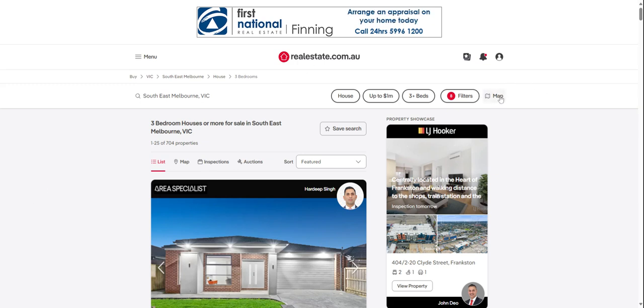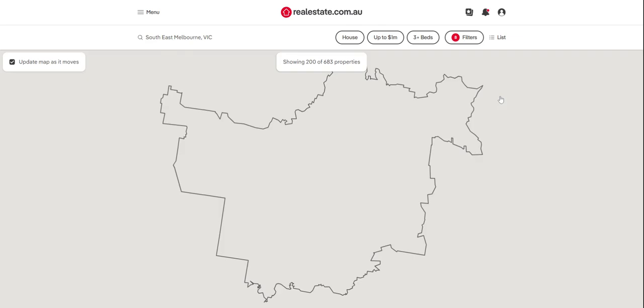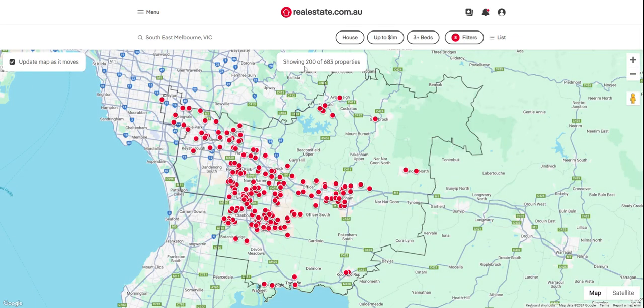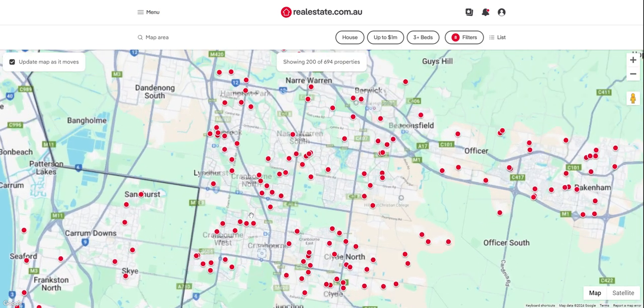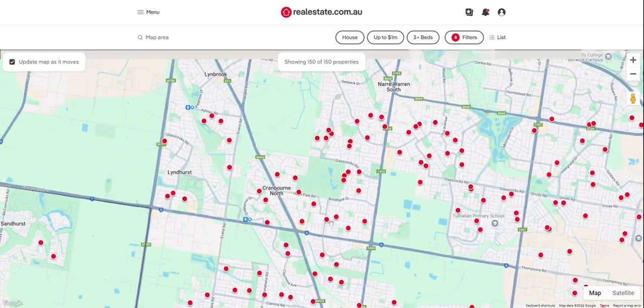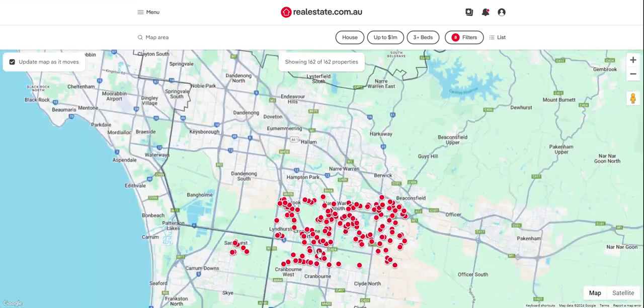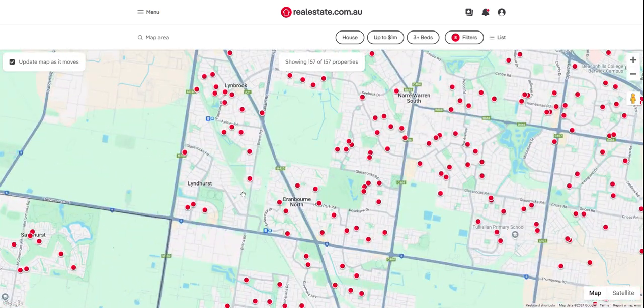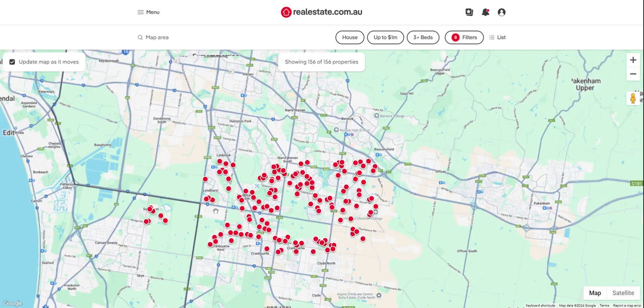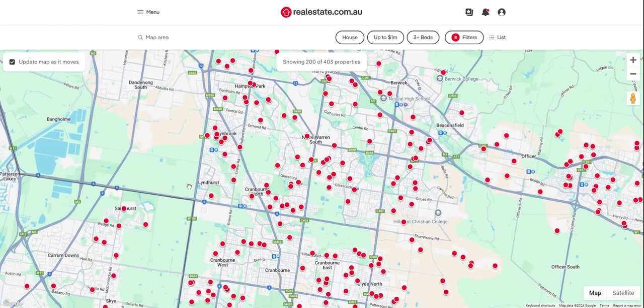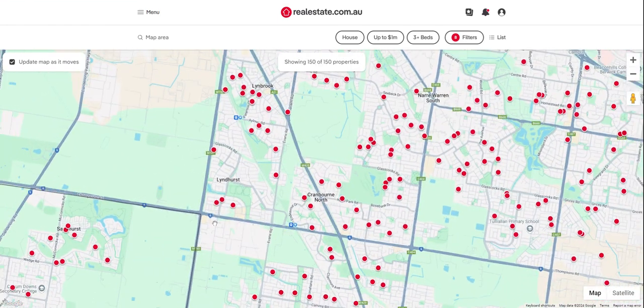There's a tab here called the map. You can do that, and here you are getting the whole map here, so you can actually look into the areas that are coming up and then go into the particular areas and then search. For example, you're happy to be buying near Cranbourne North because there is a Gibson highway, or you're happy to buy near Lyndhurst and Lynbrook because you've got the M780